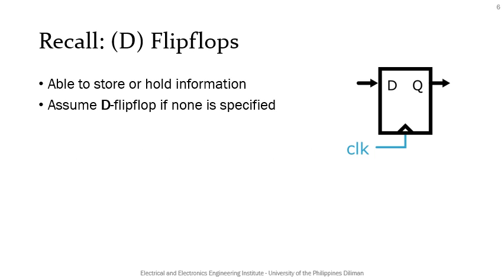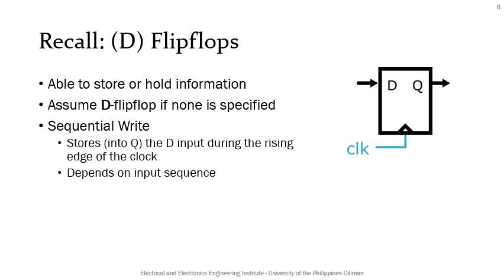Another logic element we will review is the flip-flop. Flip-flops are used to store or hold information. There are different types of flip-flops: the SR, JK, T, and D flip-flops. However, the most commonly used one is the D flip-flop. As such, when we simply say flip-flop, we can assume that it is a D flip-flop. Flip-flops have an input signal to trigger writes. In a processor, this signal is normally connected to a periodic clock signal, and in our discussion, we will assume positive edge triggered flip-flops, and as such, flip-flops are written to once every clock cycle during the rising edge of the clock.